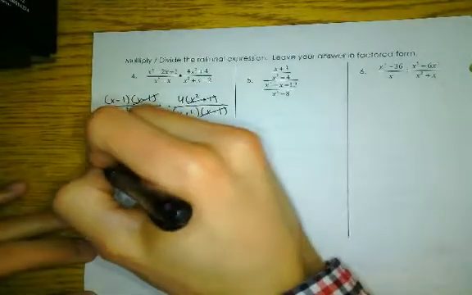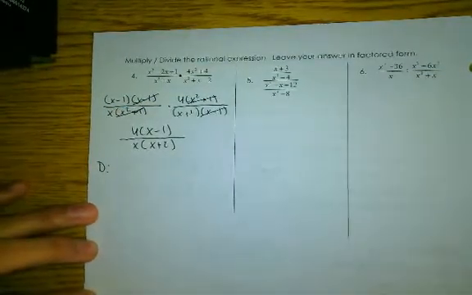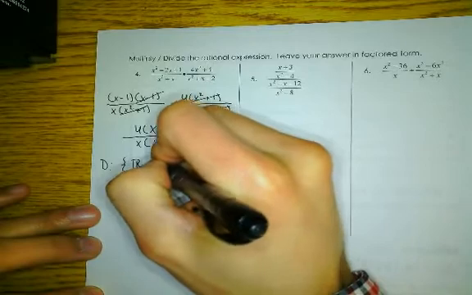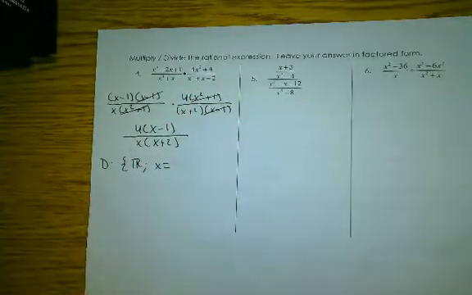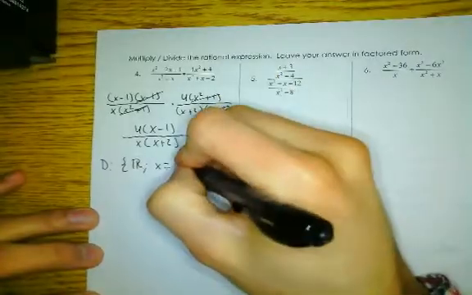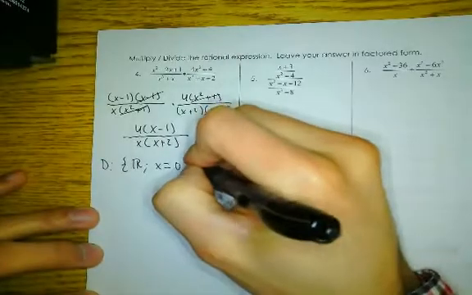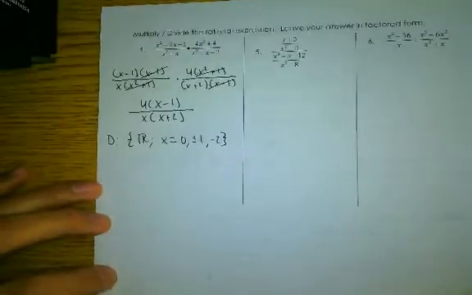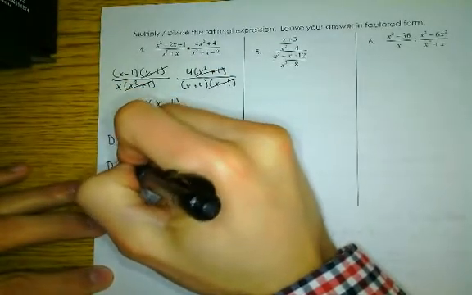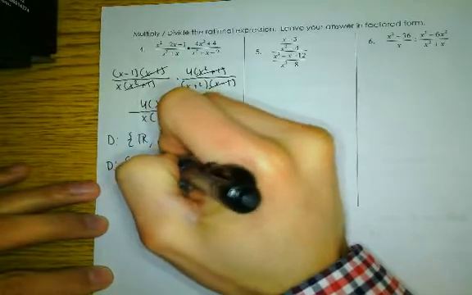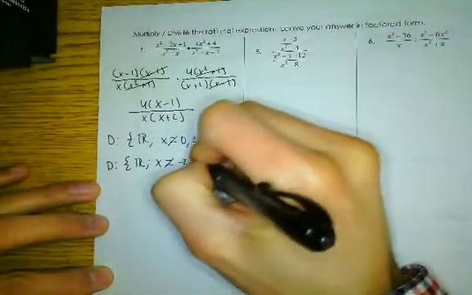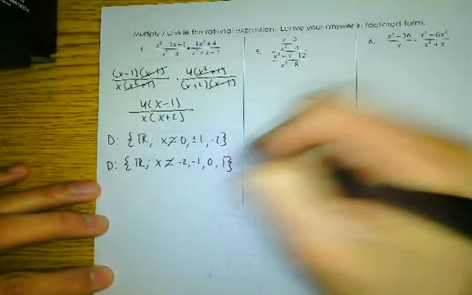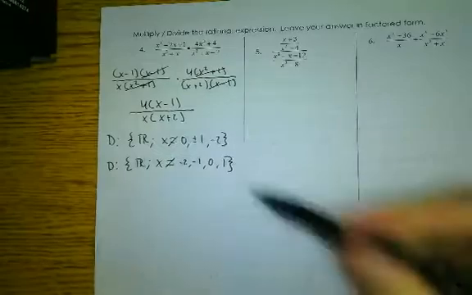What is the domain of this? Zero, plus or minus 1, or negative 2. Okay, I want you to notice I wrote them all out of order, so I'm going to rewrite this because they need to be in order. Okay, x cannot equal negative 2, negative 1, 0, and 1, correct? So you must write them. Okay, if you write this first just to kind of give yourself an idea, but they need to be in